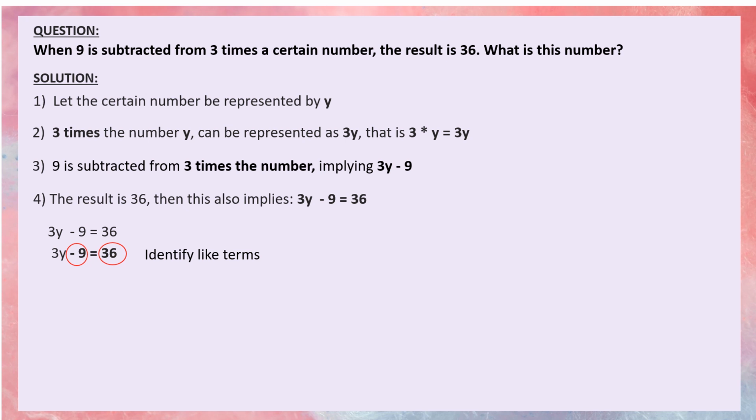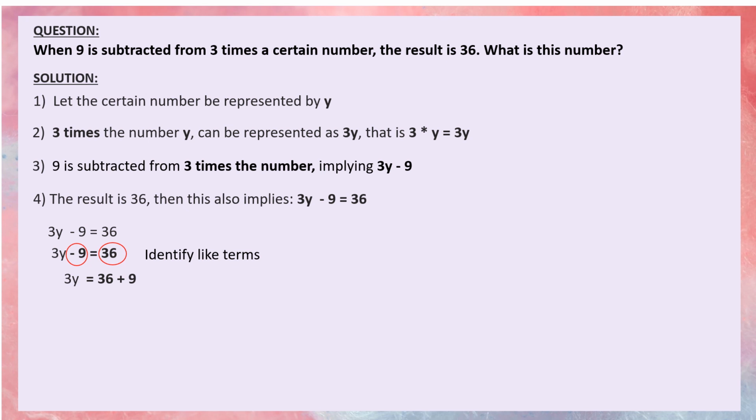But take note, the 9 is negative. The sign in front of it is the sign that goes around with any particular number. If you look at 36, there's no sign. There's an imaginary positive sign in front of it, even though it's not written. So all we'll simply do now is to take the 9 to the right hand side to meet the 36, and in that case minus 9 now becomes plus 9. So on the left hand side, 3y is left alone, and the 9 is taken to the right hand side,